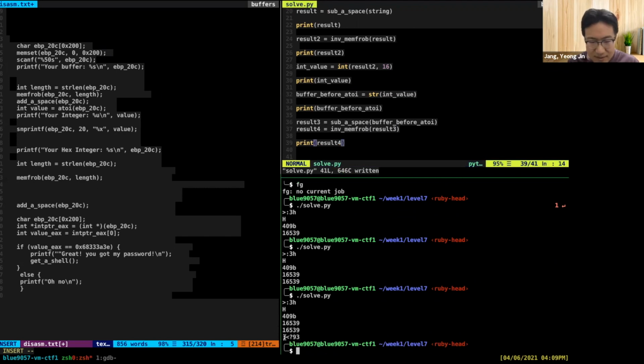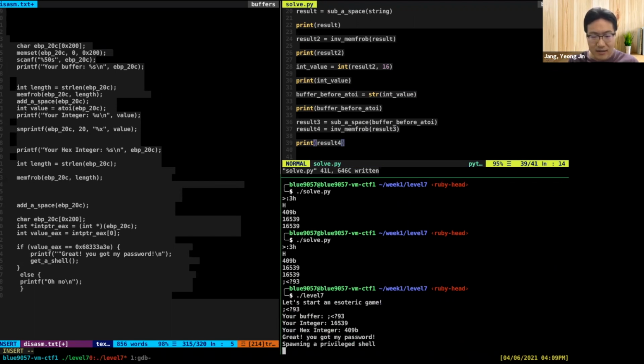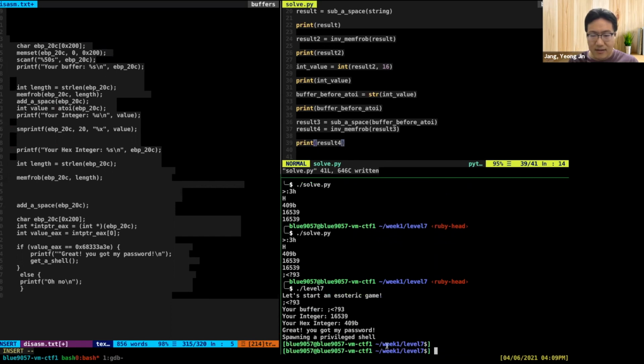So it says something like this. Maybe this is weird, but let's try. It worked, right? So after analyzing this program, what it does is, if we put this number, then